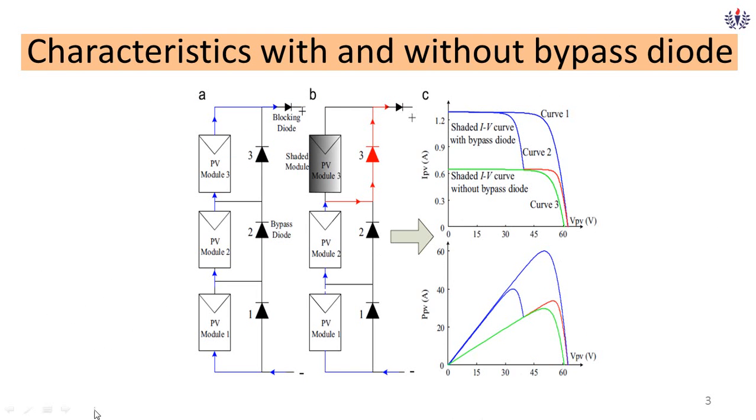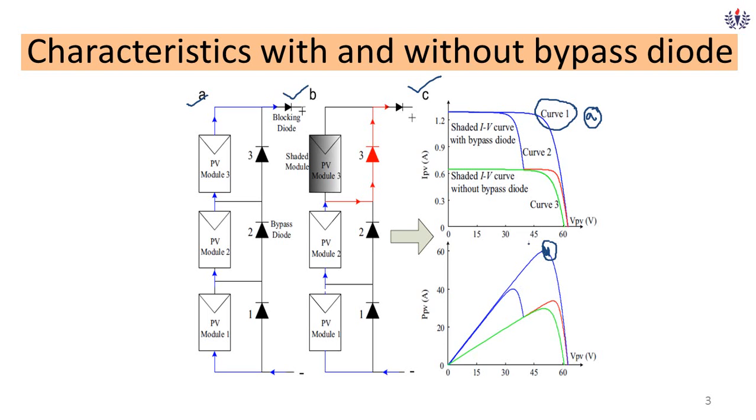We also discussed this in the last class, but to make you understand, I want to explain it again. Let me take scenarios A, B and C. In condition A, all PV modules receive uniform radiation, so there is nothing to do with the bypass diode. The characteristic now becomes like this, curve 1 corresponding to A. The curve is very much non-linear. There is only one operating point, which is going to be your MPP, and you have to make the PV operate at the MPP.